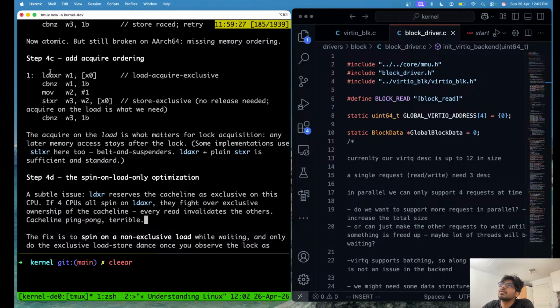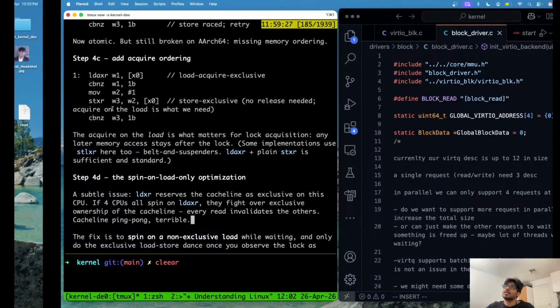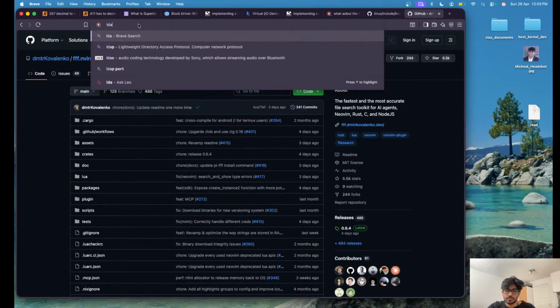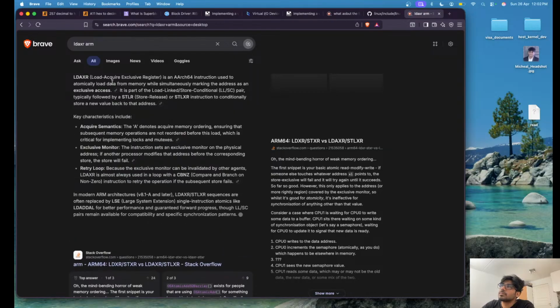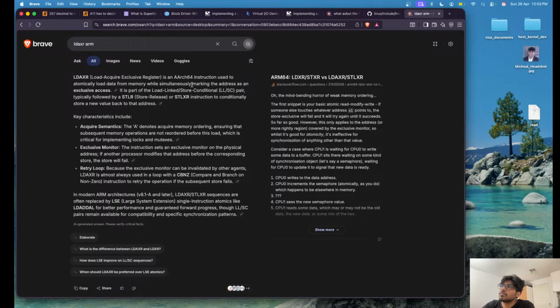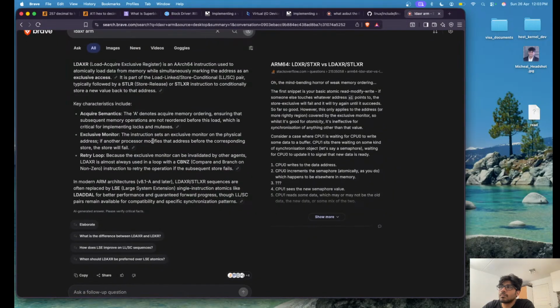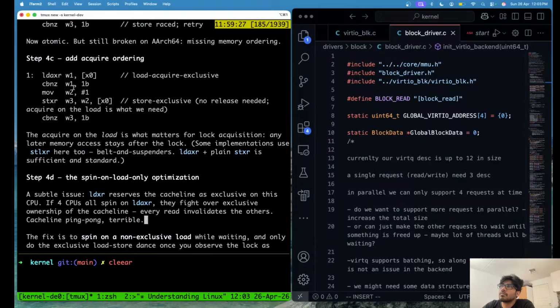What do we do? We load. What is LDAXR? And then we compare it and we move